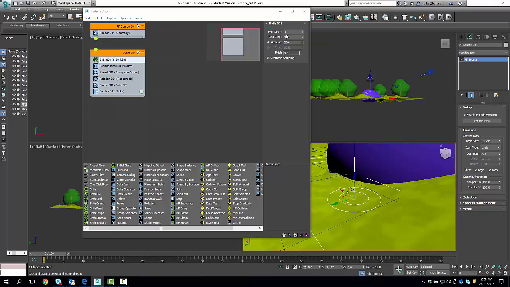Okay, so we're going to adjust this a little bit. We're going to change things. First of all, we're going to put in here minus 100, which means it's going to start making particles before 0. And then we're going to put this to emit at 300. So 300 frames. Okay, so let's just see what's going on here with this. If I drag this slider,